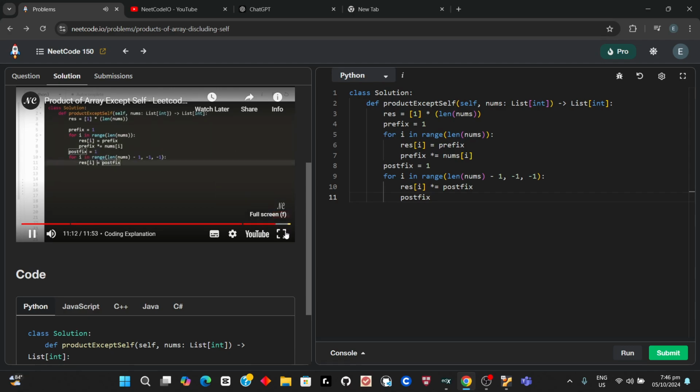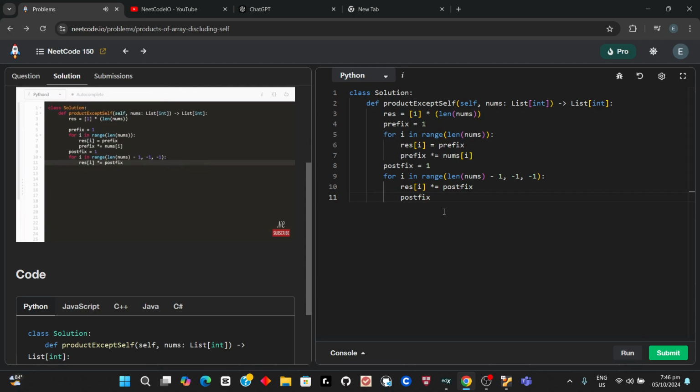nums of I, multiplying it by the value that's already in results, because that's simply multiplying the prefix and the postfix together. Once we've done that, we know we do have to continuously update the postfix. So with postfix, we're just going to multiply it by whatever value happens to be in the input array nums. And once that is done, we're actually done with the entire problem. Then we can just return